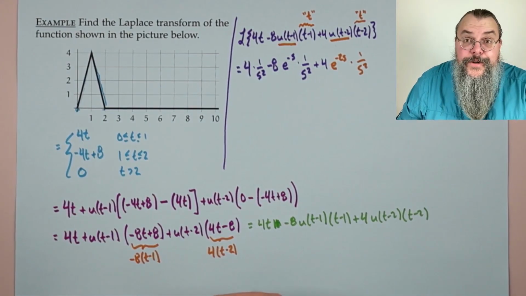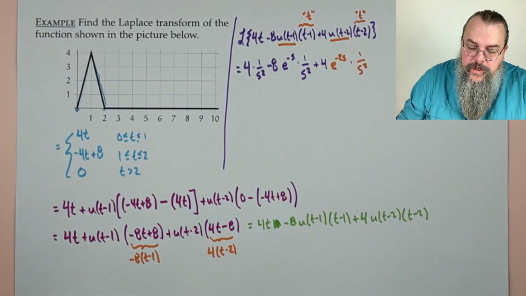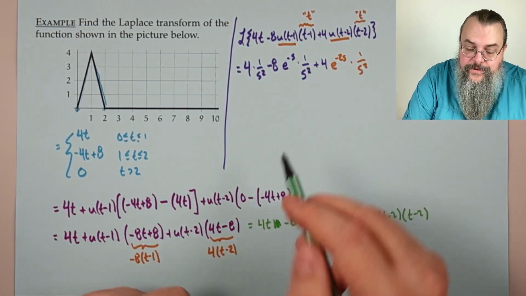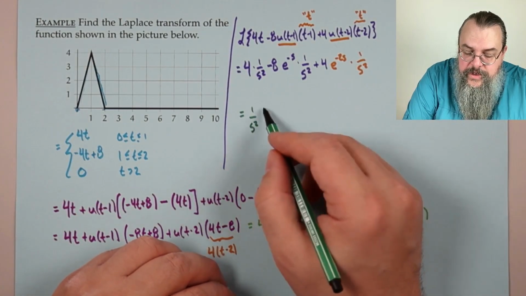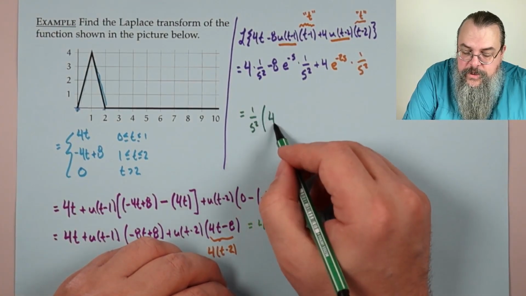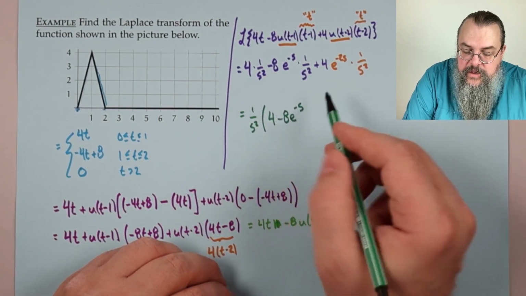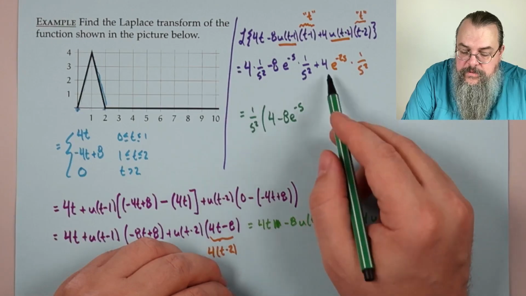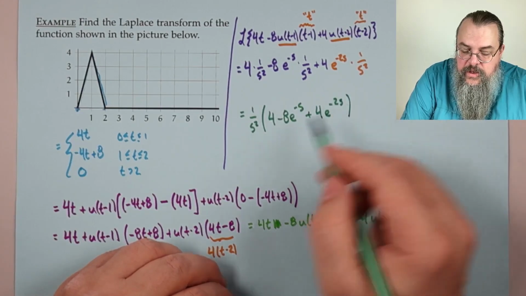Now that's the answer. We can maybe do something and say, hey, since all the terms have a 1 over s squared, might as well pull it out. So we have a 1 over s squared, and then what do we have? We have 4, and then minus 8 e to the minus s, and then we have a plus 4 e to the minus 2s,